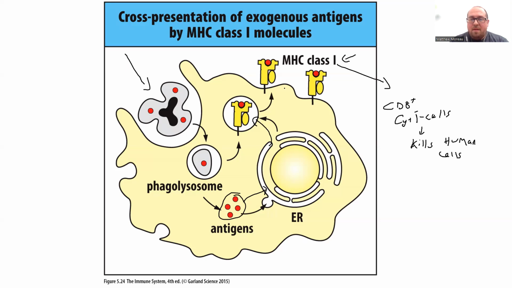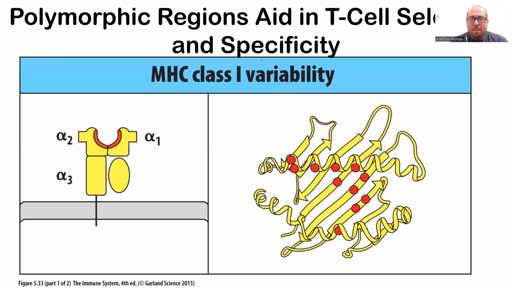And again, when we have MHC class 1, it depends on what the cell type has, because if you have a T cell that is looking for this particular receptor and does not match up, because it lacks the receptor to recognize this particular MHC and this particular antigen, then that is just a normal function of the immune system to decipher between what is self and what is not self. So as I mentioned before,